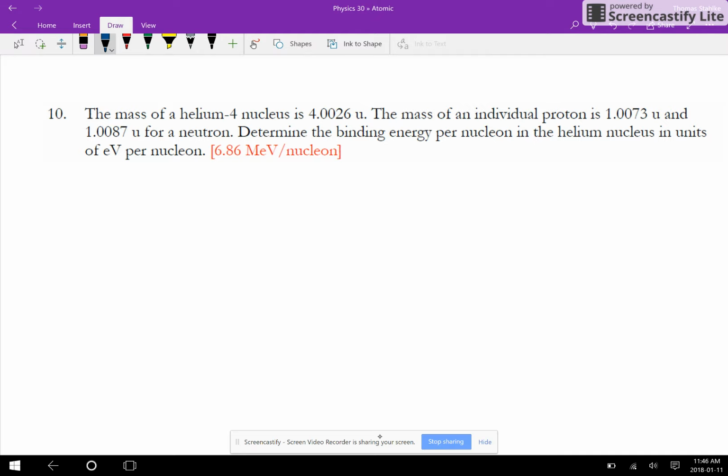So let's take the 2 protons that are in the helium nucleus and multiply that by the value that's given in the question. And we'll add that to the 2 neutrons, multiplied by the value that's given in the question. Okay, so this becomes 4.032